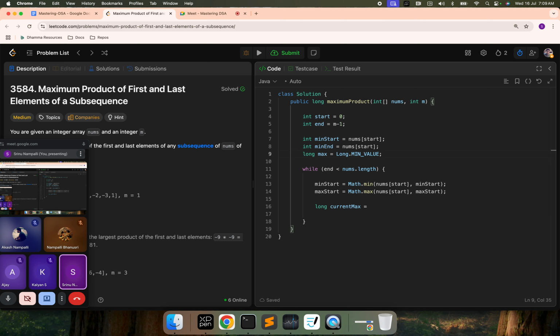Okay, so let's see here. This is my current max. So how do you calculate the current max? Whichever is max, Math dot max of min start into current end, nums of end, or max start into current end. This is what we did, right? So nums of n. Whichever is max, we will consider that as the current max. I think we need to multiply with